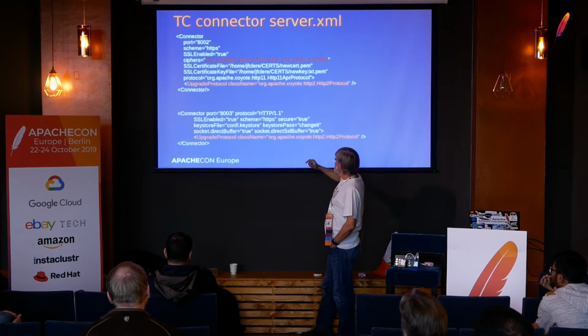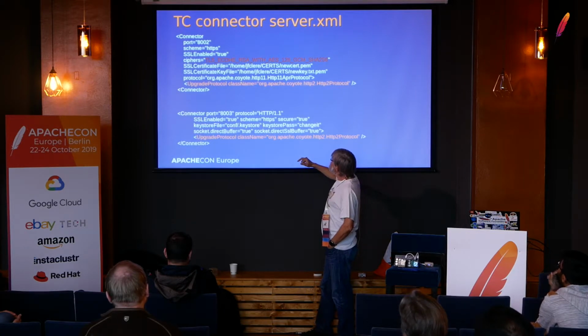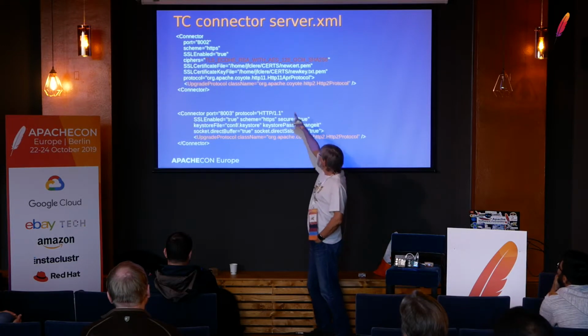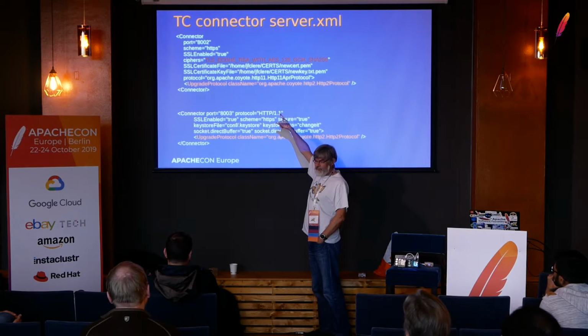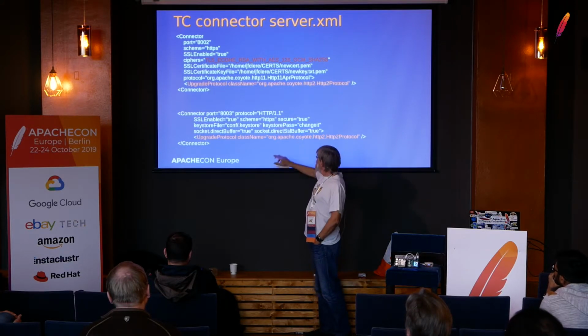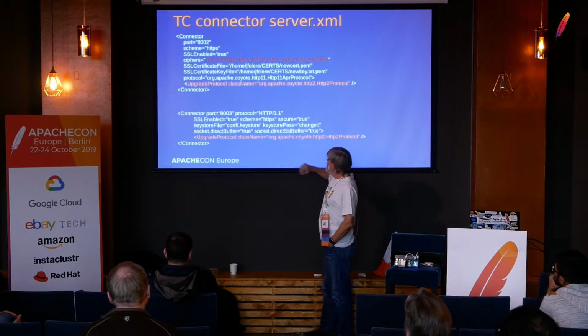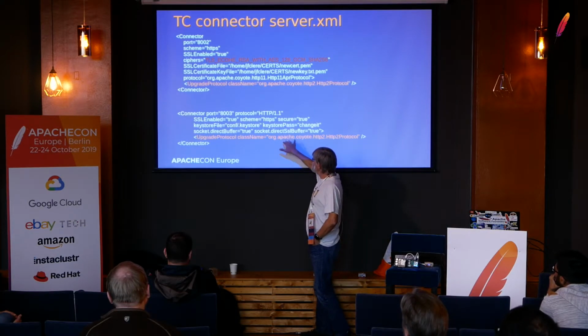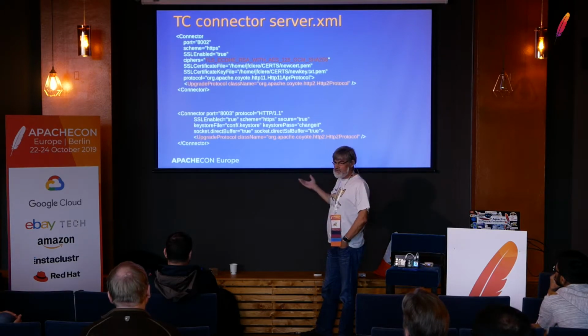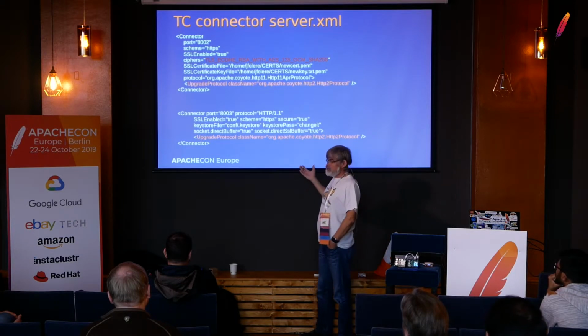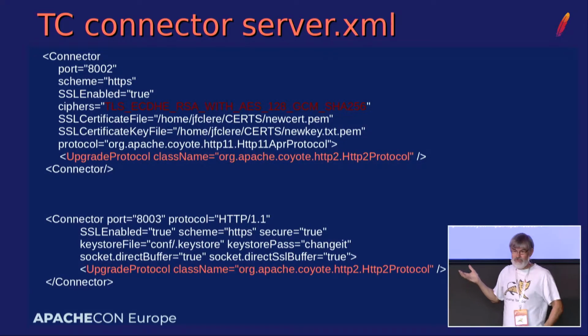So if you look, where did I put the two examples? Oh yeah, this is using the ALPN protocol. So this one is also going to work with Java 8, and this one uses the NIO connector. Then if you want to do H2, it's going to require a version of Java which is higher than 9, and actually it's going to be 11, because I don't think you want to use something which is not long-term support.